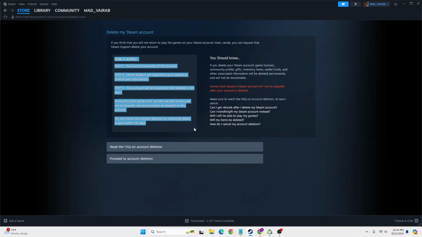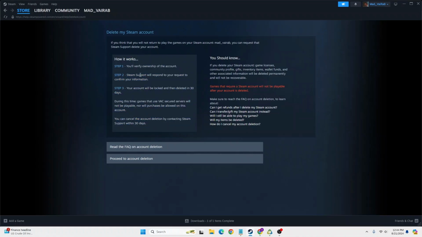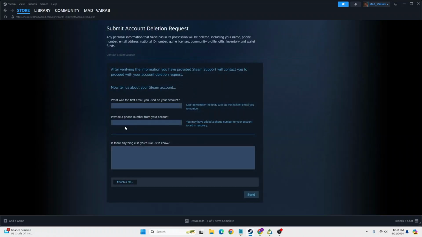delete your account, which is shown by Steam itself. First you'll be required to verify your ownership of your account, and after that Steam support will respond to your request to confirm your information, and your account will be locked and deleted in 30 days. So with that being said, after reading all of the information, click on proceed to account deletion and